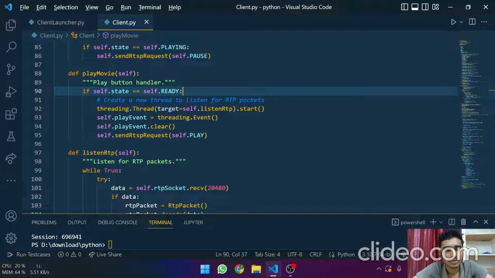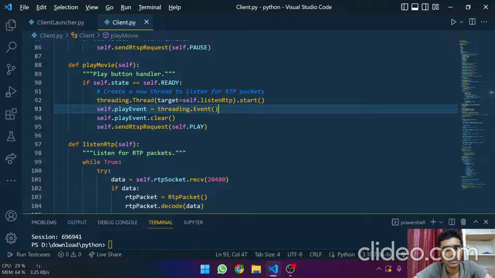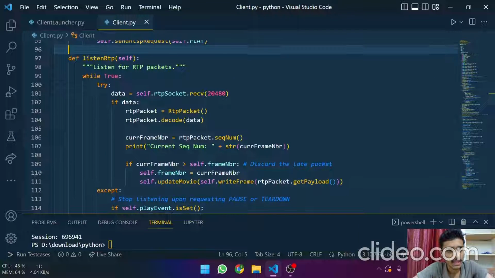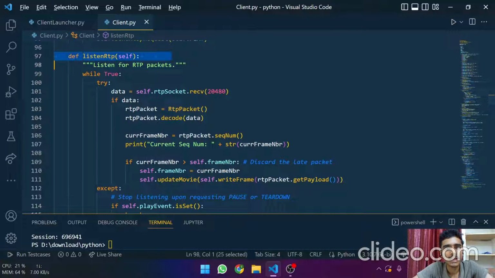So to play, it will create the thread and it will send the RTSP request to play that video. Then we have the listen RTP function,